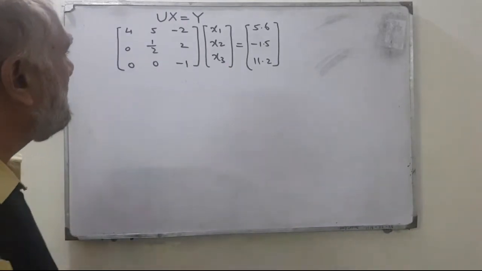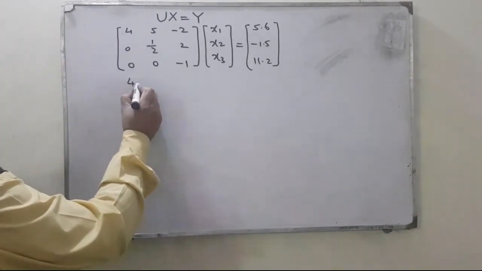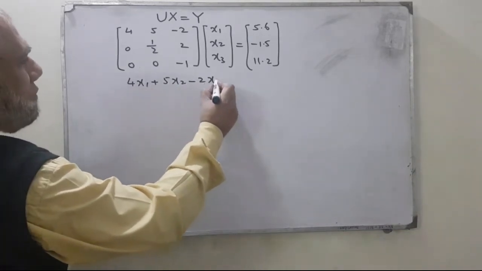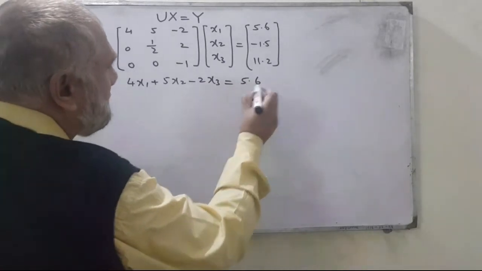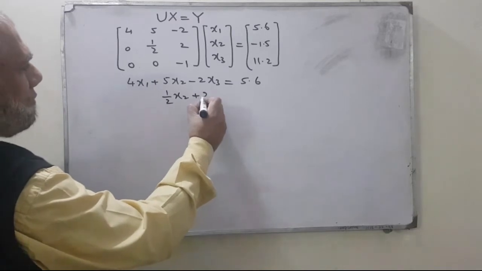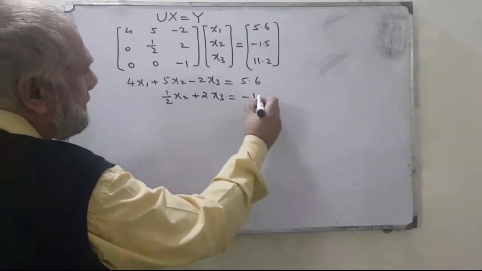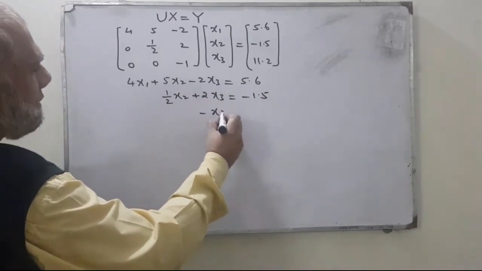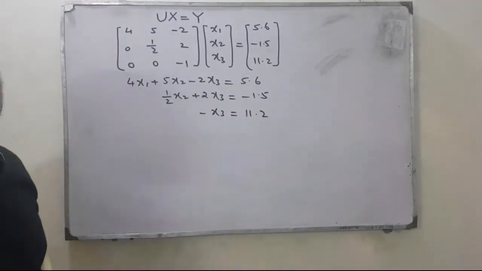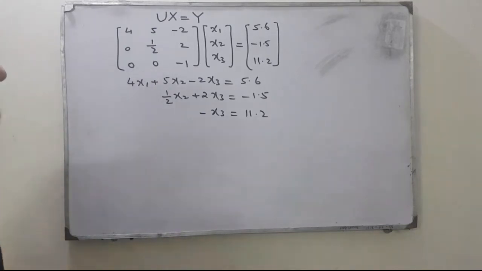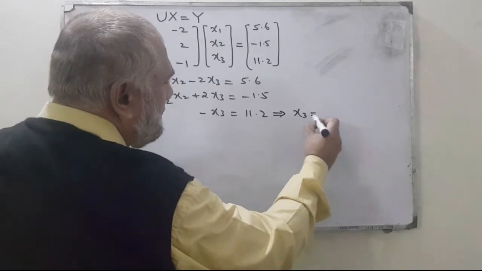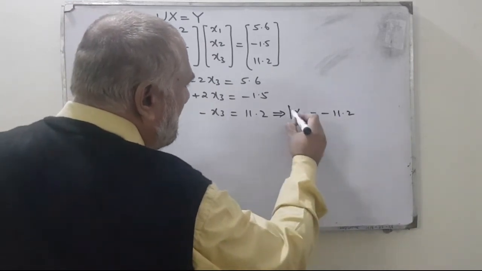Whenever you transform it into the equations form, it gives you 4x1 + 5x2 - 2x3 equals 5.6. The second equation gives you 1/2 x2 + 2 times x3 equals 1.5, and minus x3 equals 11.2. Now by using backward substitution we can obtain all these three unknowns. From the last equation we get x3 equals 11.2 with the negative sign,